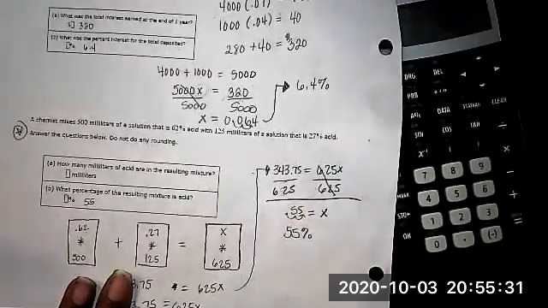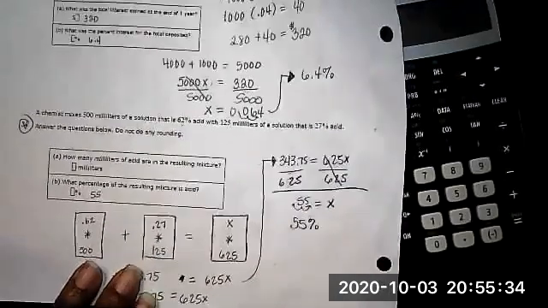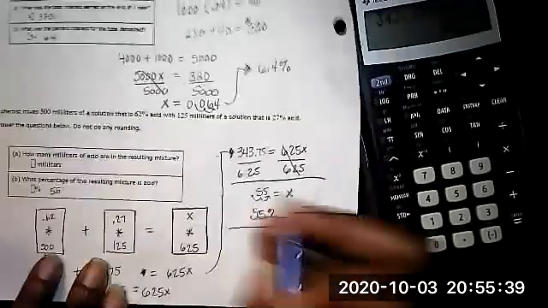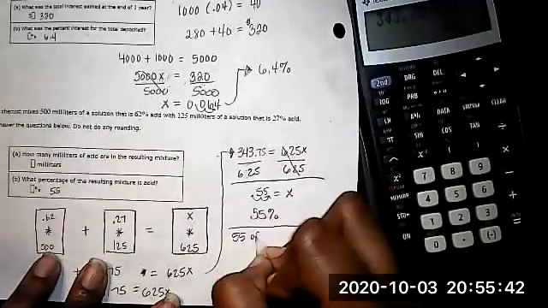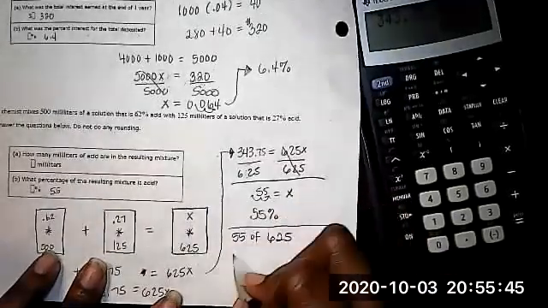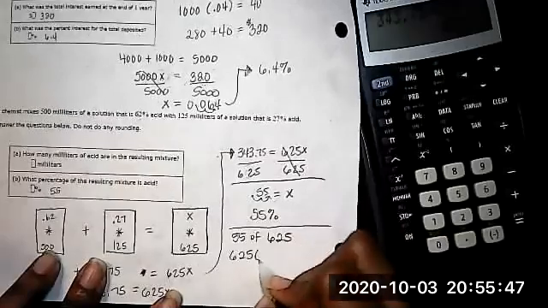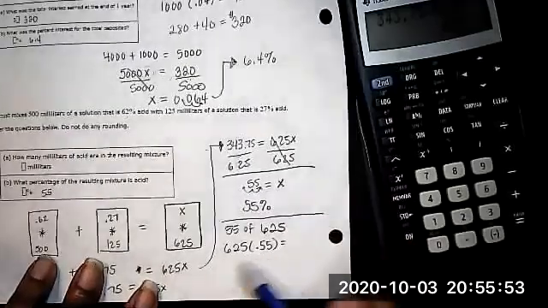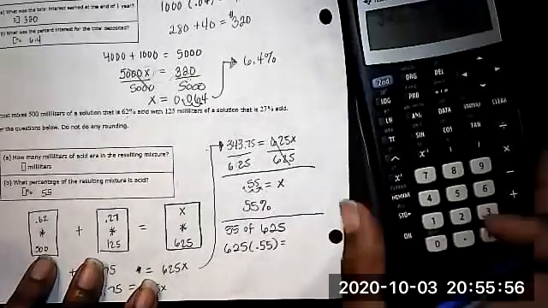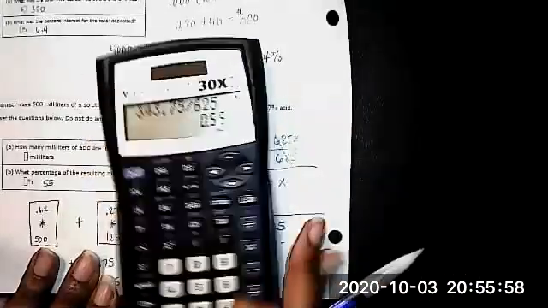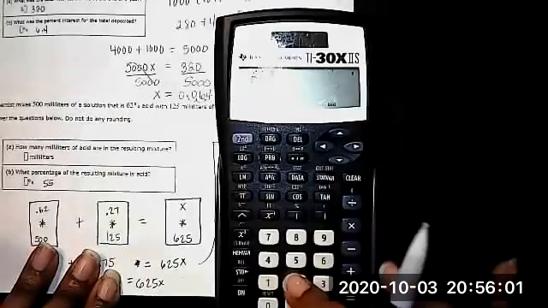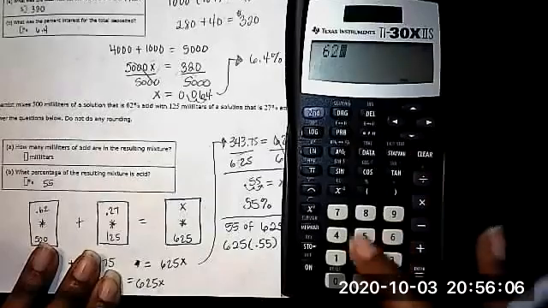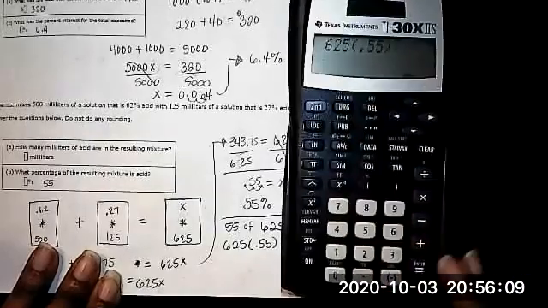And A says how many milliliters of acid are in the resulting mixture. So basically we want to know 55% of 625. So 625 times 0.55 would be what the question is asking. What is 55% of 625? You multiply them together, and I'm going to do that. 625 times 0.55. And your answer would be